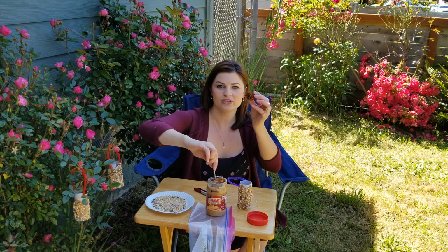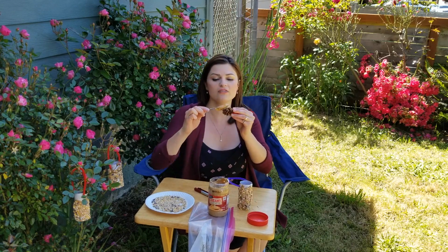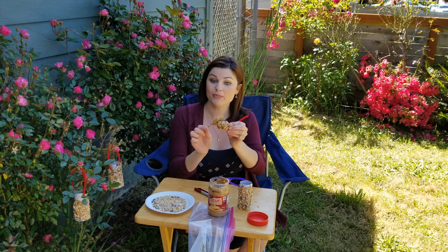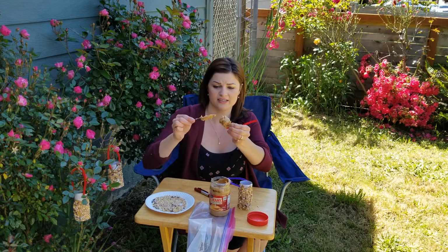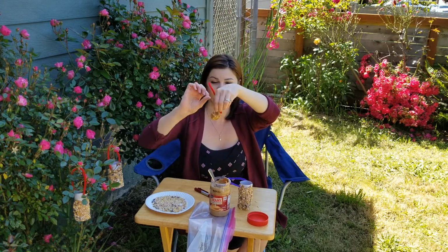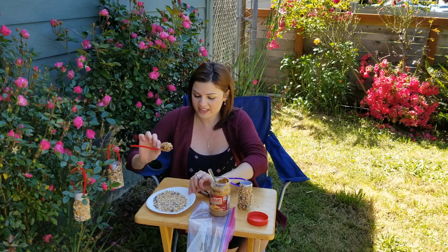The next thing you do is get some peanut butter and smear it all over the outside. Peanut butter is made out of nuts, and birds like to eat nuts, so this is okay for the birds to eat. Once it's covered in peanut butter all the way around, sticky, we're gonna roll it in some bird